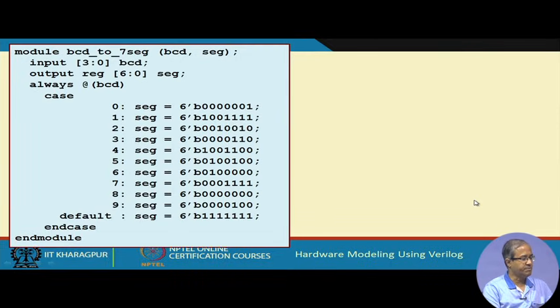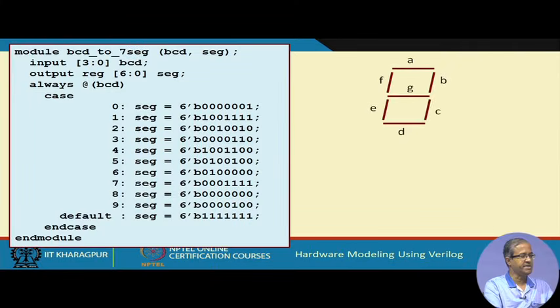Let us take another example which is also quite common, a BCD to 7-segment decoder. Now, BCD is a way of encoding decimal numbers. Decimal digits are 0 to 9, and they can be coded in 4 bits, 0 0 0 0 up to 1 0 0 1, that is 9. Okay. Now, a 7-segment display looks like this, where there are either LEDs or LCDs, whatever, there are 7 segments A, B, C, D, E, F, G in that order,